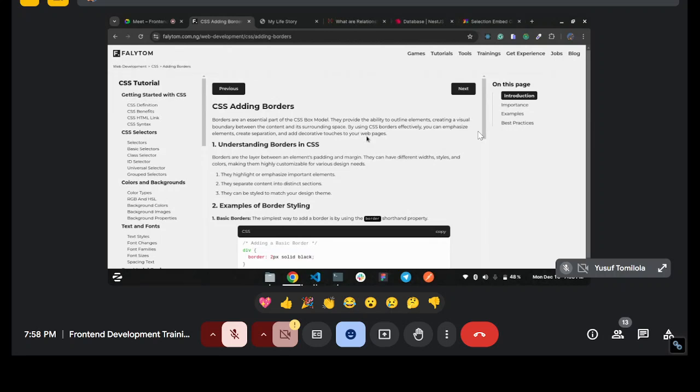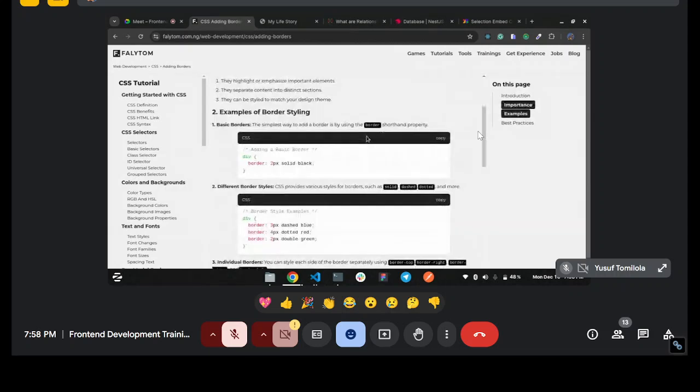Now, understanding borders in CSS. Borders are the layer between an element's padding and margin. They can have different widths, styles, and colors, making them highly customizable for various design needs. They highlight or emphasize important elements, they separate content into distinct sections, and they can be styled to match your design type. An example of border. One thing you should know about border is that